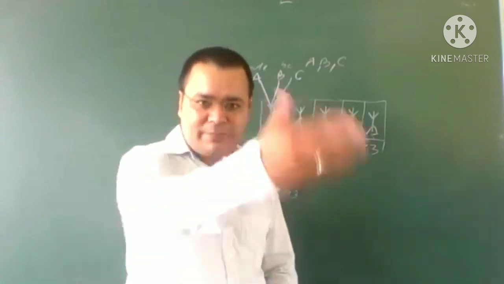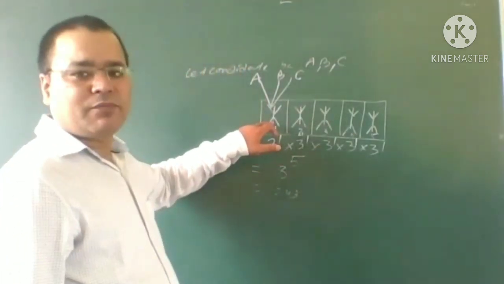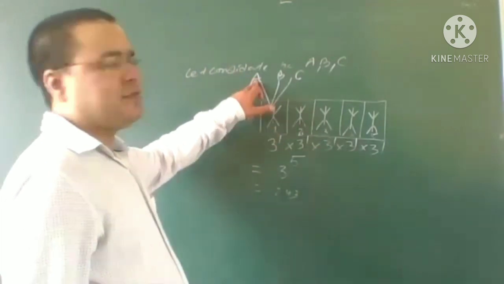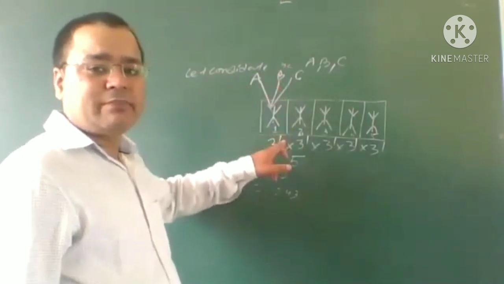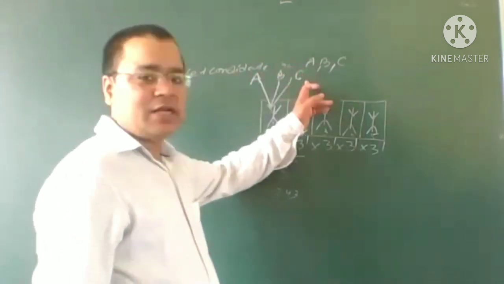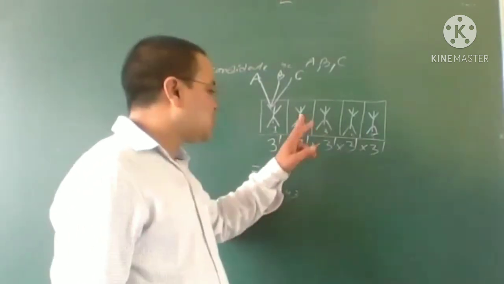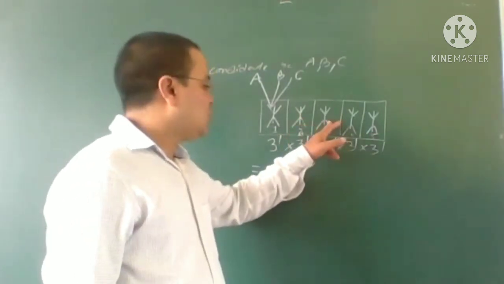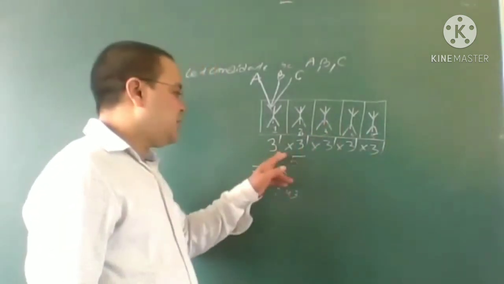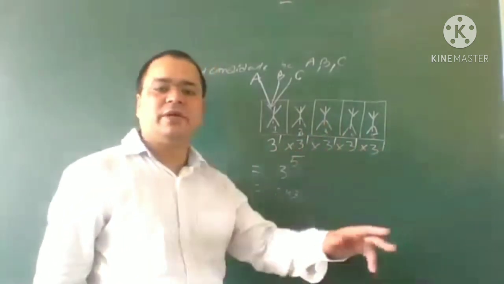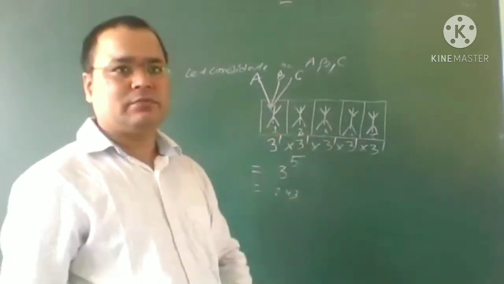So voters give only to candidates. The first voter can give to candidate A, it has the choice to give the vote to candidate B also, and it has the choice to give the vote to candidate C also. So how many choices? It has 3 choices. Similarly, the second voter also has 3 choices. Third voter also has 3 choices, like that. So in this way, 3 into 3 into 3 into 3 into 3, 3 multiplied 5 times. So simply it will be 3 raised to the power 5.